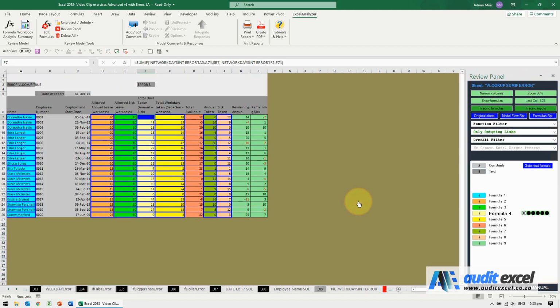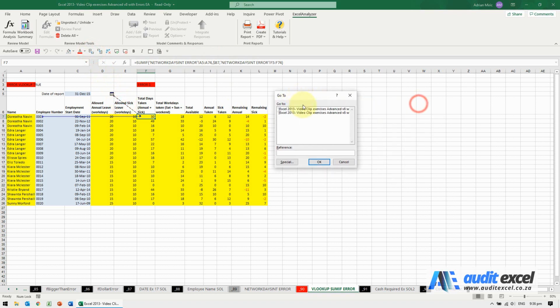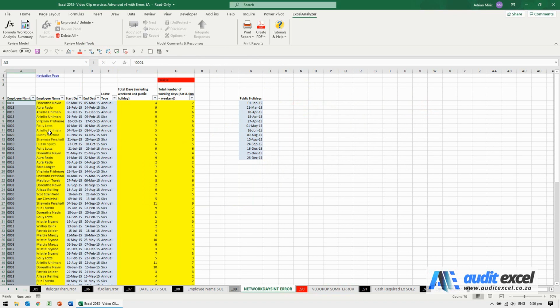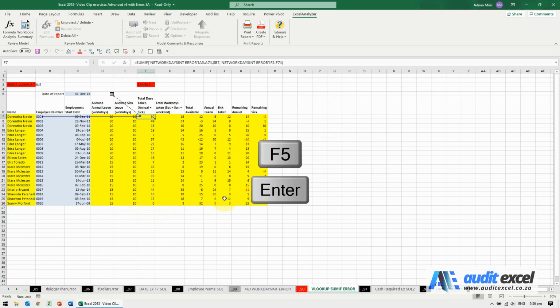So let's go look at it. So here's the formula. For this one, I'm just going to go back. You'll see there's an option here to go to the original sheet. So I'm just going to look at the original sheet. I can see there's a SUMIF, that's where it's looking. So let's look at this one. I'm going to use my trace precedents button. And let's go look at what it's looking at. And you can see it's highlighted the area, and that looks fine. Now just to get back to where I was, I'm going to push F5 enter, and it takes us straight back there.